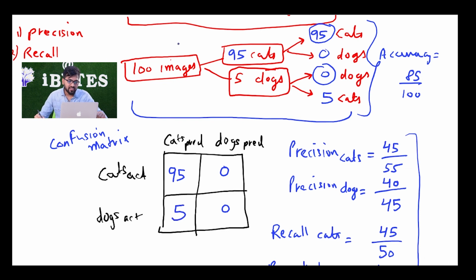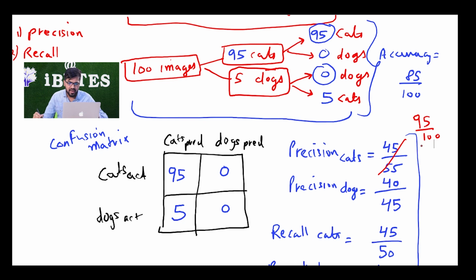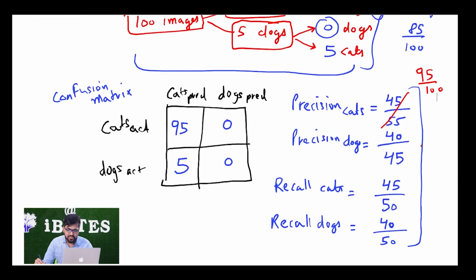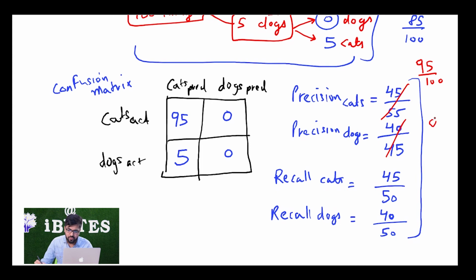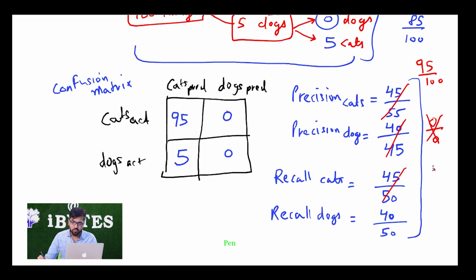Okay. So if I try to find precision and recall for this, precision for cats is going to be 95 upon 100, which is not bad, which is actually good. Then my precision for dogs is going to be 0 by 0. So basically there is 0 points belonging to that, and we have predicted 0 as dogs, so we do not need to consider this at all, this makes no sense. Recall for cats is basically going to be 95 by 95, and recall for dogs is going to be 0 by 5. It is clear, right? Recall for cats 95 upon total, and recall for dogs 0 upon total.